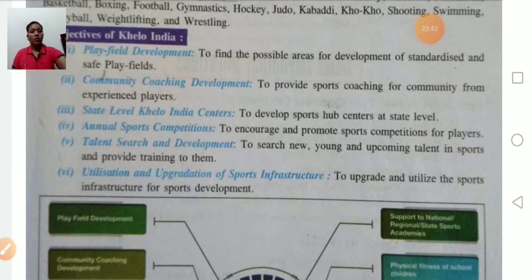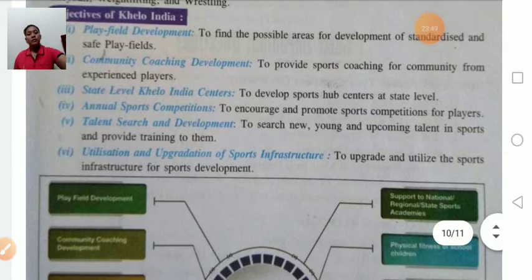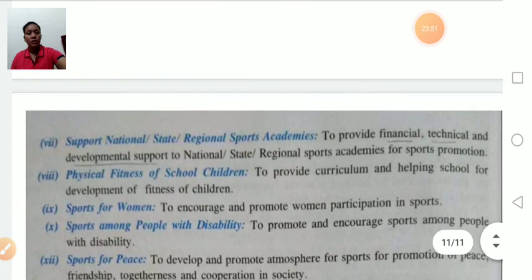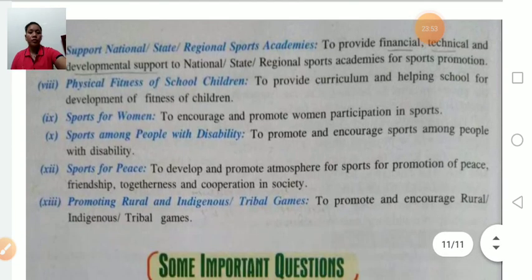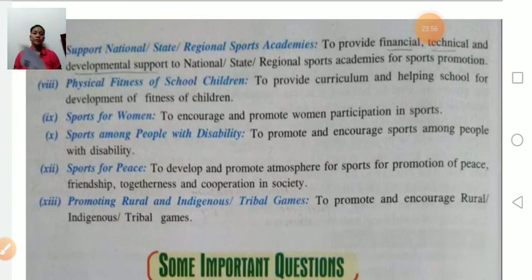Reutilization of sports infrastructures. Supporting the national, state, and regional sports academies. This Khelo India program supports the national, state, and regional sports academies by providing financial support, technical help, and developmental support,